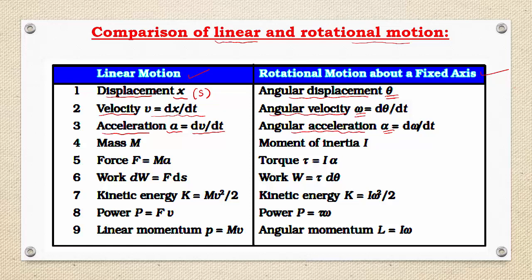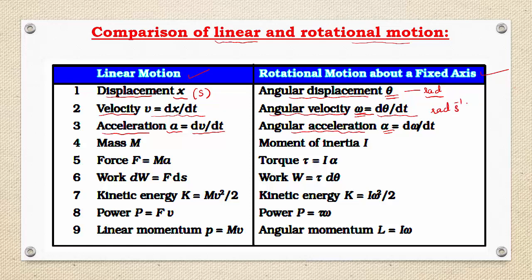How to define angular displacement? It is the angle described by the particle about the axis of rotation, and it is denoted by theta. It is measured in terms of radian. Then second term, angular velocity, denoted by omega. And what is angular velocity? Rate of change of angular displacement is called angular velocity. It is denoted by omega. So the equation is d theta divided by dt, rate of change of angular displacement, and its SI unit is